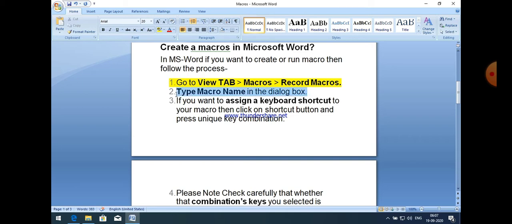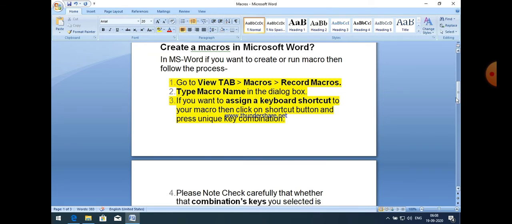After that, type a macro name in the dialog box. If you want to assign a keyboard shortcut to your macro, then click on the shortcut button and press a unique key combination.